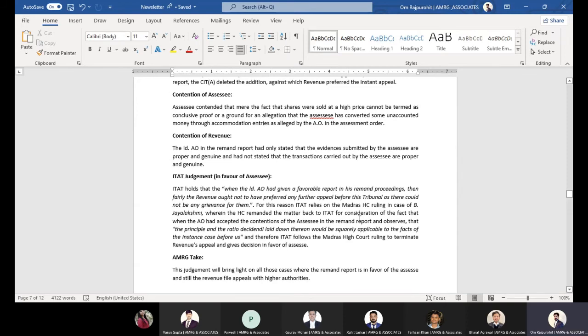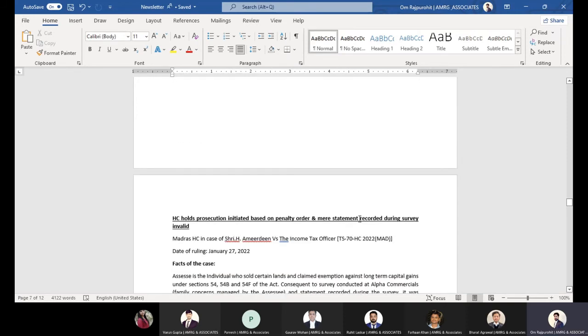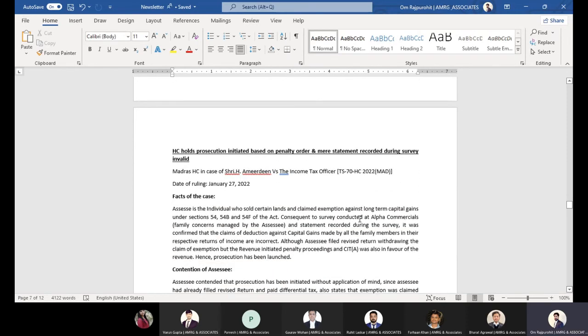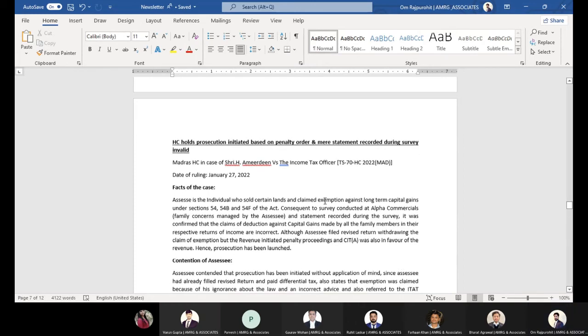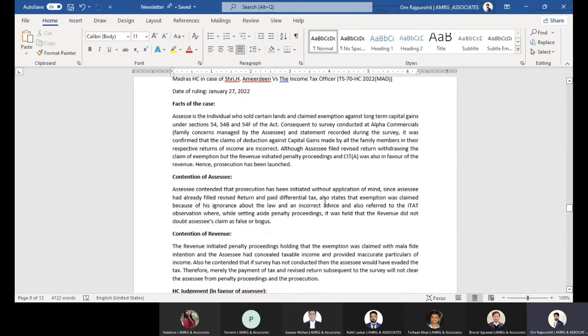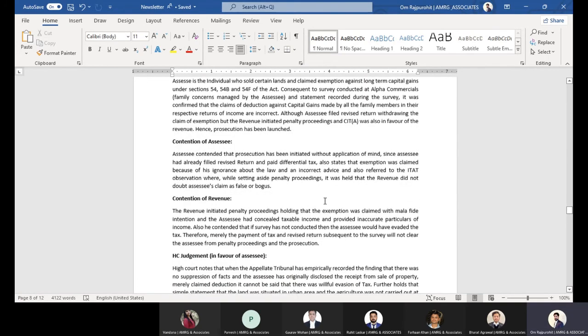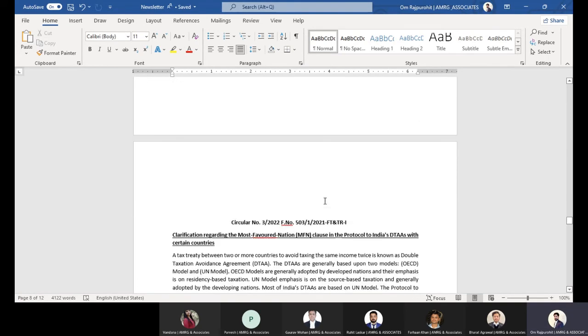This case law provides that if all the documents are genuine and there is a proper chain, merely because the assessing officer has doubt, he cannot treat such a transaction as unaccounted or as conversion of black money to white money. This is not such an important case law, so I'm moving to the next case law.